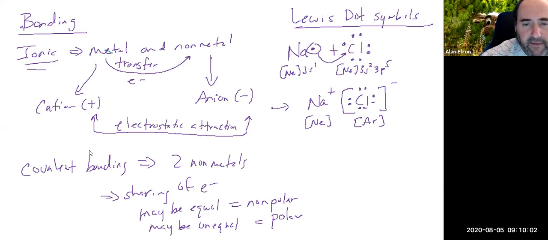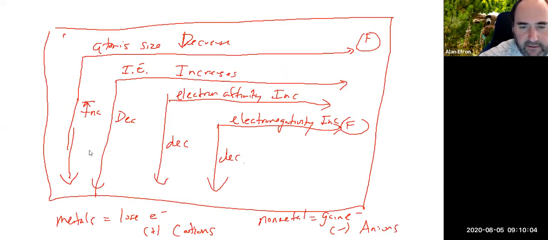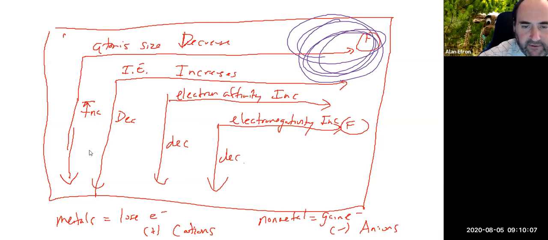Now, when we talk about covalent bonding, again, when we have those guys that come together, for example, two fluorines, they are going to share electrons, as we talked about. And really the reason for that is, if you think about the periodic trends that we talked about, all the nonmetals are pretty much sandwiched together up here in the periodic table, right? Except for hydrogen. But all the nonmetals are pretty much sandwiched right up there in the upper right corner of the periodic table,